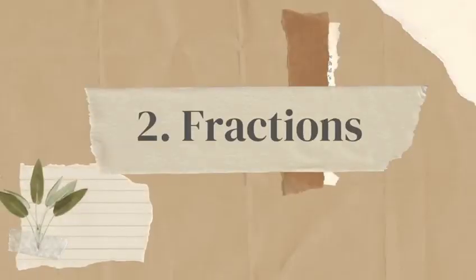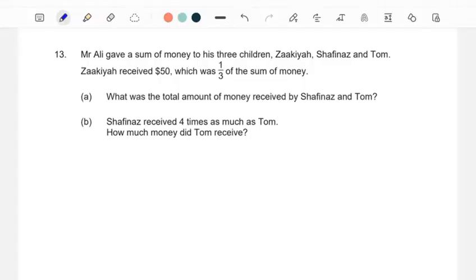Okay, we have the second question here. Mr. Ali gave a sum of money to his 3 children, Zakia, Safinas, and Tom. Zakia received $50, which was 1/3 of the sum of money. Part A of the question, what was the total amount of money received by Safinas and Tom? All right, now we know that the total is always 1 whole, and Zakia has received 1/3. Okay, so our first step is to take 1 whole minus 1/3. We will get 2/3. This belongs to Safinas and